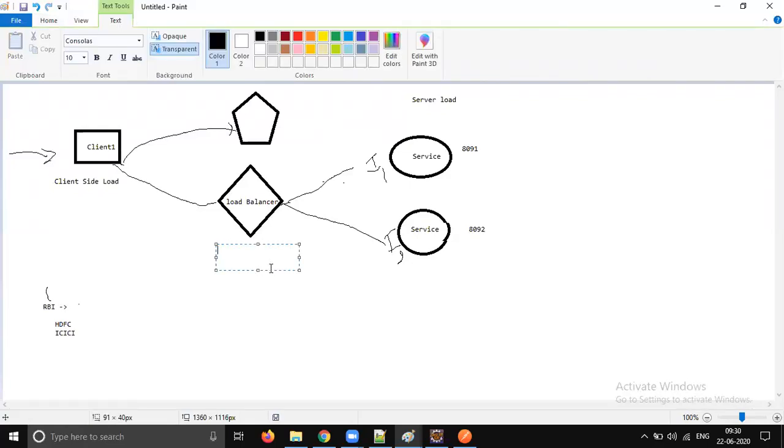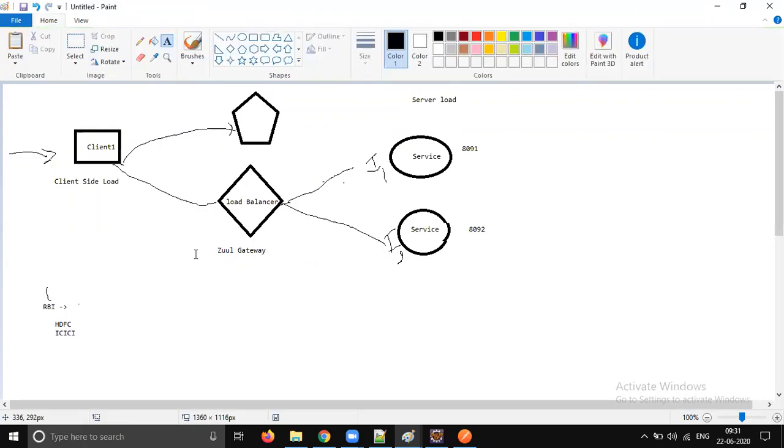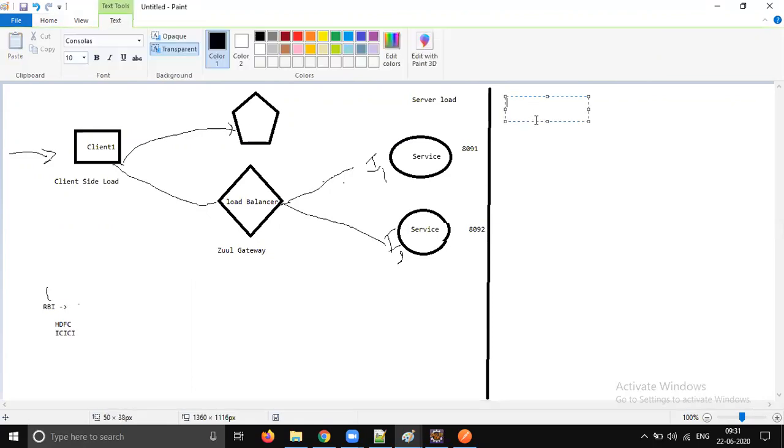Netflix's solution for this issue is Zuul Gateway. This is the software load balancer from Netflix, and it's awesome fast. But anyway, this is one of the ways of using it. When you go to Kubernetes, Kubernetes has its own load balancer.